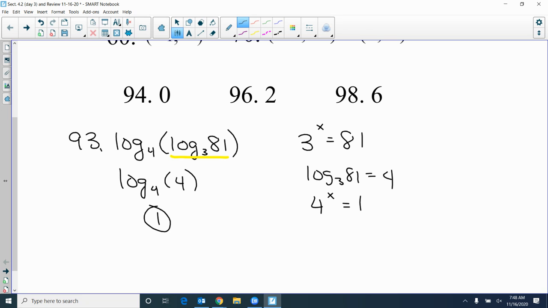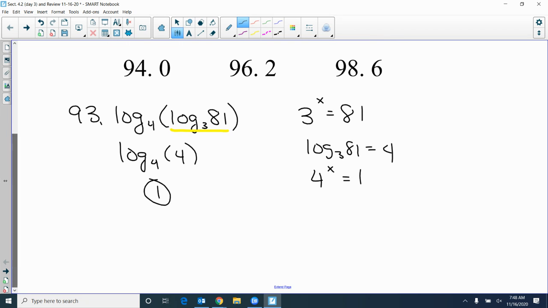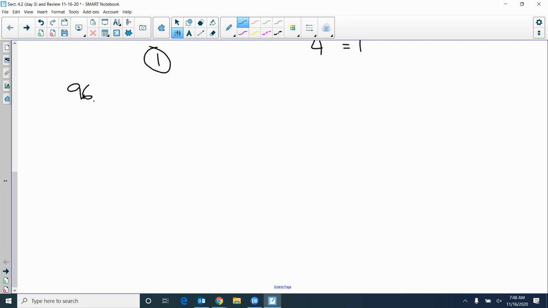Eddie: 96. Well, let's see. The answer is 2. Let's see how we get that. 96. Log base 2 square root of 2 of 8. So this says 2 square root of 2 is my base, to what power equals 8 in this case? And so we have to be able to figure that out. Well, in this case here,